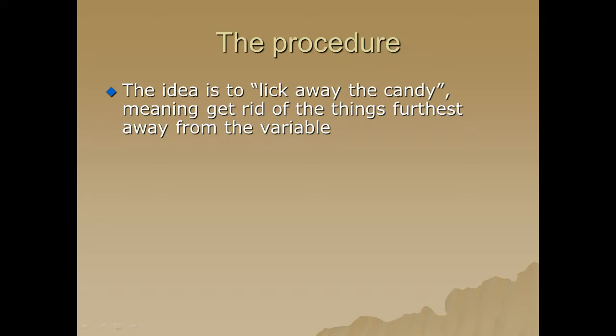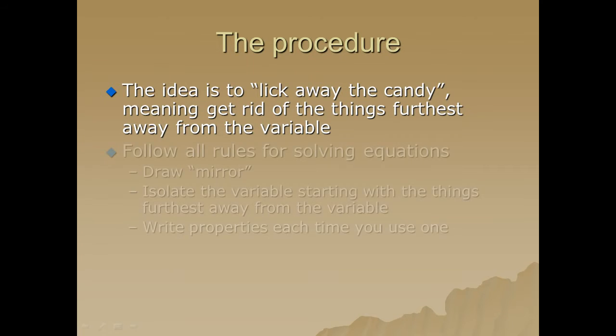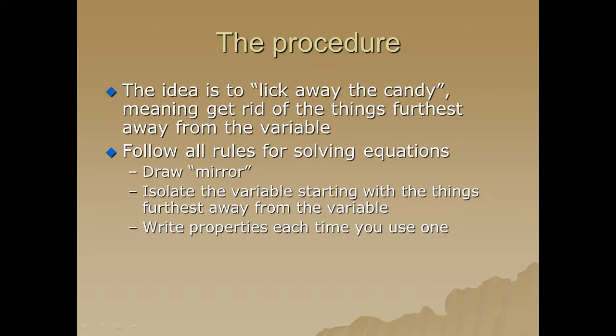It basically means that you have to get the furthest thing from the variable taken care of first before you attack other steps. You'll see what I mean by that more in our examples today. You want to make sure you follow all rules for solving equations when you're doing this. Make sure you're drawing your mirror just like we did in lesson 2-1. You want to make sure you isolate the variable, and again, you're starting with the things that are furthest away